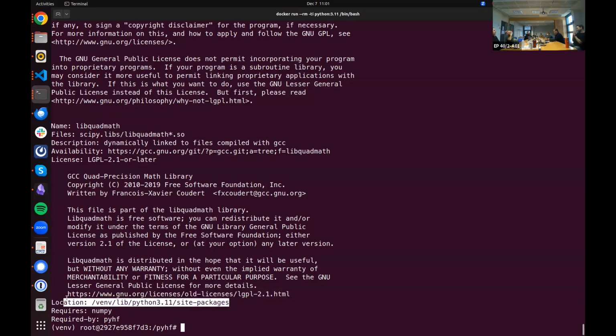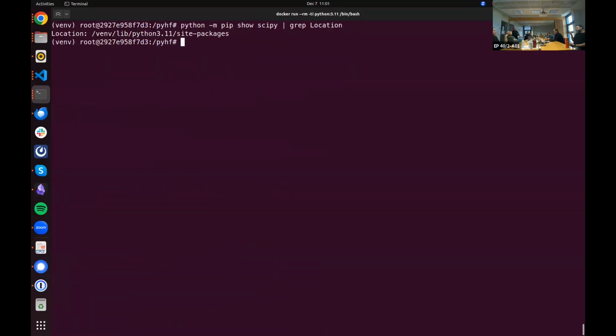But if we grep on location, we notice here that SciPy has been installed in our Python virtual environment site packages directory like we would normally expect, but because we did an editable install with pyhf, if we do python -m pip show